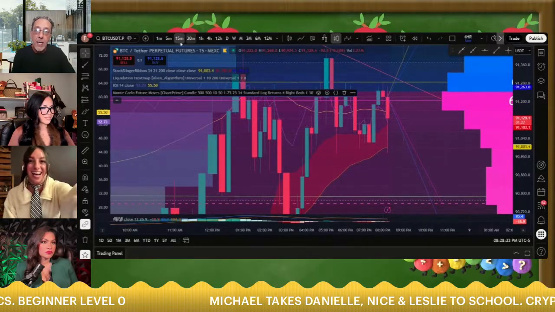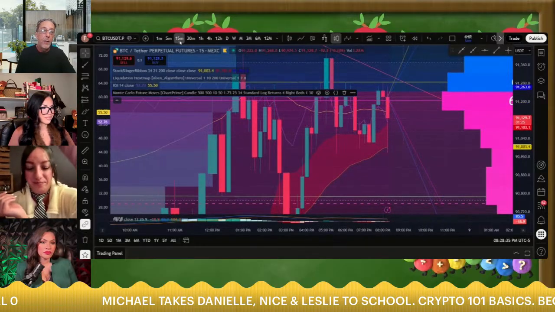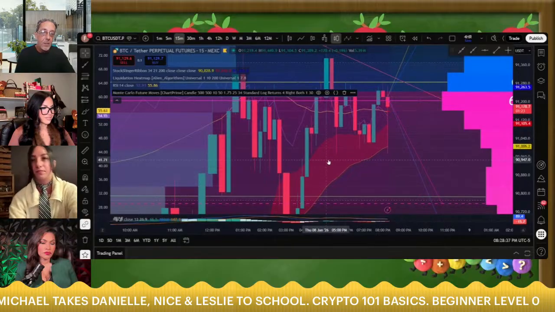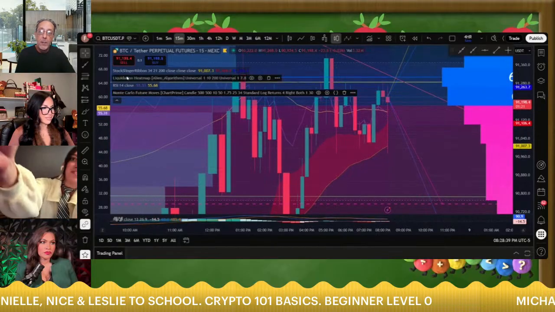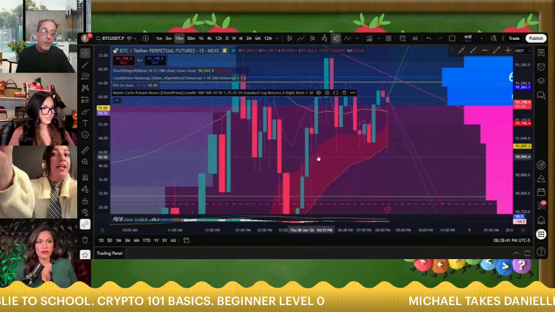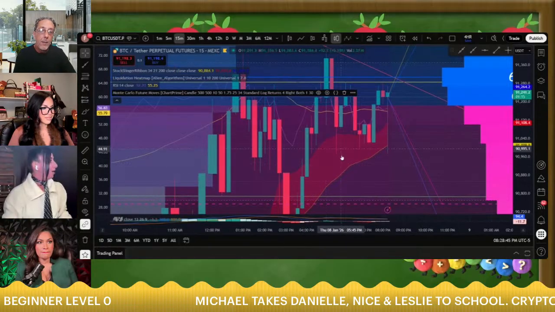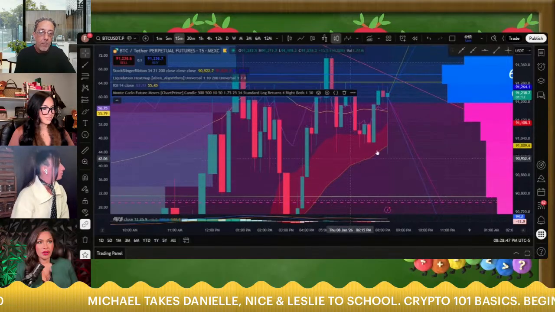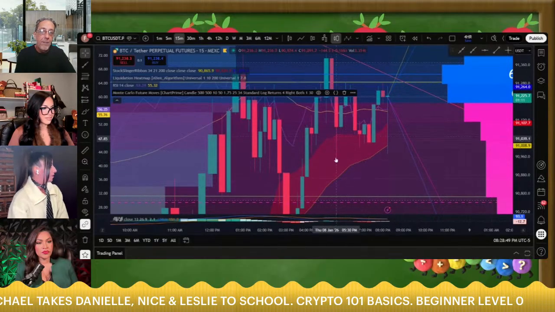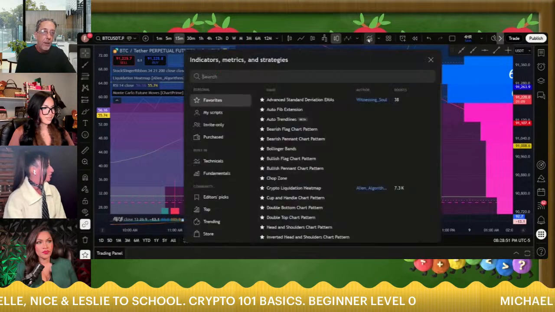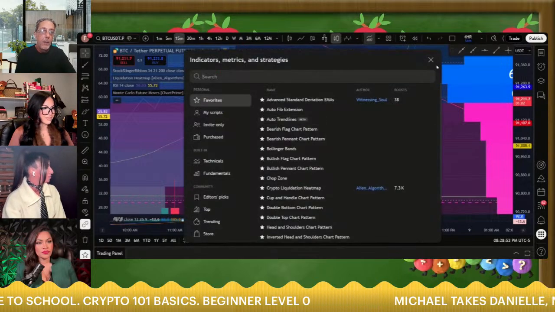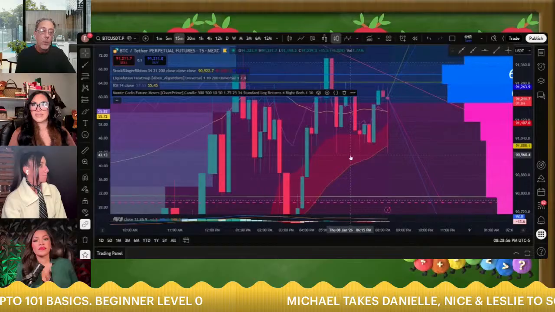So you should look at all the different time frames up here. You guys aren't going to have this particular one. It's called the Stock Slinger ribbon. We call it the Annihilator because the guy who made it, his name is Nile. I've got the code for it, but you're not going to find this on your indicator list over here. But it's a really cool tool and I really like it.